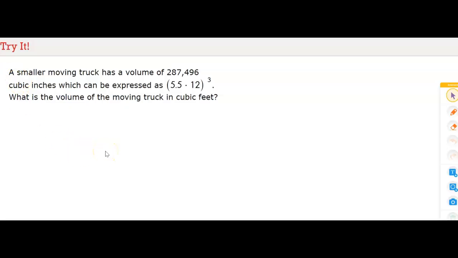A smaller moving truck has a volume of 287,496 cubic inches, which can be expressed as the quantity of 5 5/10 times 12 cubed. What is the volume of the moving truck in cubic feet? Okay, so now we have to convert from the inches to feet. Last time we were going from feet to inches. So we're going to take